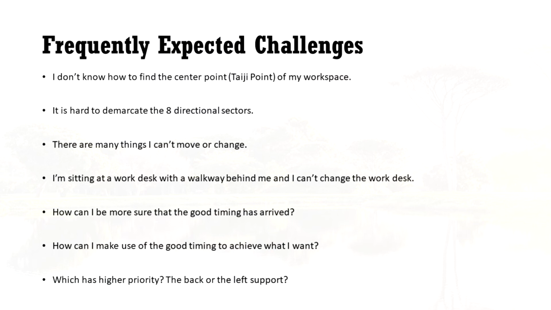Alright, next one. How can I be more sure that a good timing has arrived? Oh, that's very easy. There are other courses that I've taught to my students. One of them is the I Ching prediction. This I Ching prediction helps you to make good choices, to decide on your next best move. So for example, if you know from your workspace that this year and next year is a good timing for you, and you have in mind to execute certain projects, and if you want assurance that it's a good timing or not, you can always use this I Ching prediction tool to help you get the assurance, because the I Ching prediction tool can also point out to you